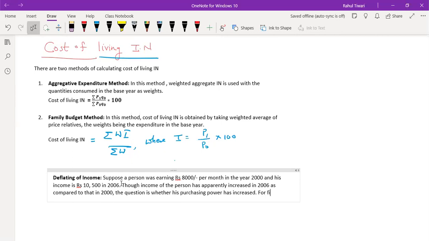For finding the answer to this question,